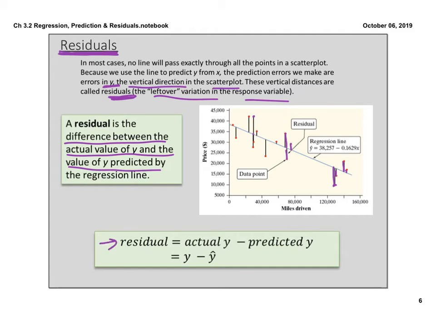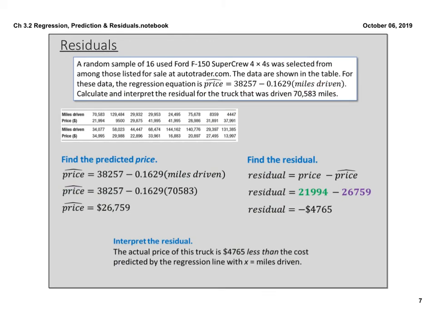Here's how you get it. Actual y minus predicted y, or in other words, y minus y hat. Because again, remember, predictions wear hats. So if I wanted to find a residual for this example, I'm using the same 16 Ford F-150s. I've got my data there. It's in two pieces, here's the first piece, here's the second piece, but this is all the data. It says, calculate and interpret the residual for the truck that was driven